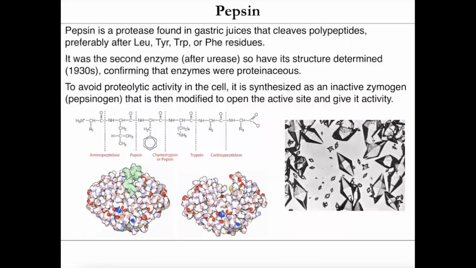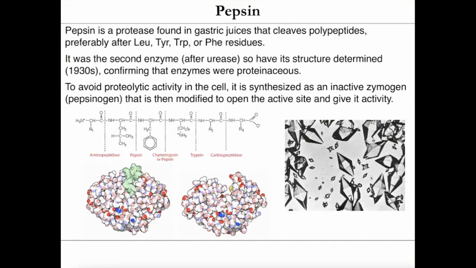So we talked a lot about proteases in the section on enzymes. So we have trypsin and chymotrypsin and thrombin. Another one is called pepsin. So pepsin is a protease that's found in gastric juices, so in your stomach. And so what it'll do is it'll cleave polypeptides that you basically ingest. So if you have some chicken or steak or some beans and they have proteins in them, pepsin's one of the